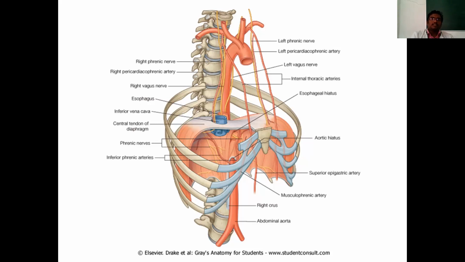So these arteries, that is your left and right subclavian artery, also give branches. From the first part of the subclavian artery, you will get your internal thoracic artery, which is going to give branches to your intercostal spaces. And behind, you will get the posterior thoracic artery, which is going to give branches in the posterior aspect. So like this, you will have connections, which is going to form anastomosis in the intercostal spaces.